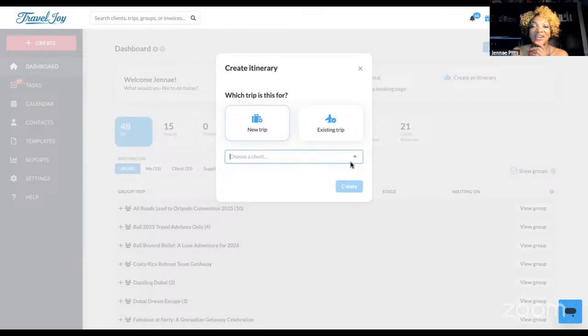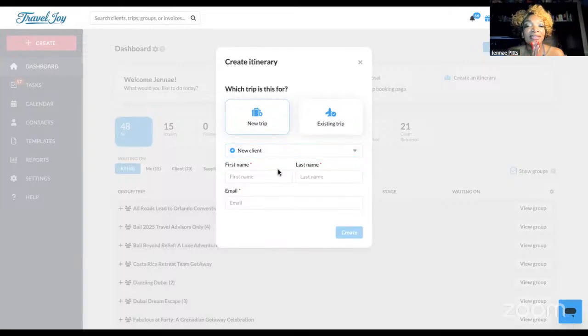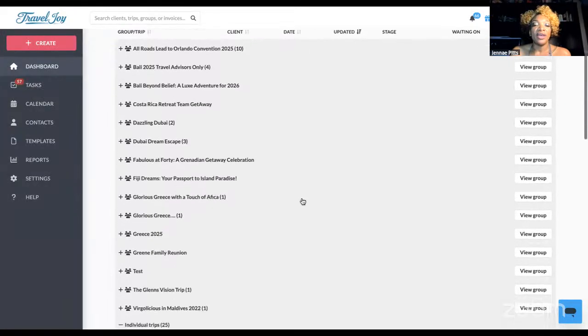Let's go. All right, so here, if your clients are not already listed in your CRM, that's okay. At the very top, it has new client with a plus sign. Go ahead and click that new client. Type in the name of the primary person on that cruise, whoever put it together, or type in yourself if you're the family member doing the family reunion, like Miss Trina is doing for her family. Then, Miss Trina, put your name in right now and put your email. So you guys go ahead and do that. When you do that,